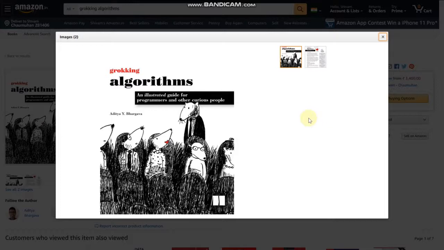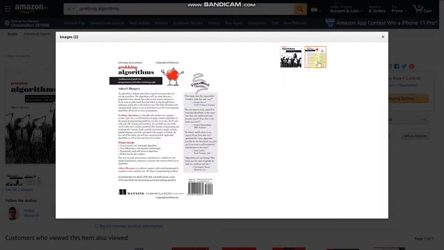So moving on to number 5, we have Grokking Algorithms by Aditya Bhargava. It's one of the best books I have read on algorithms, particularly from a beginner's point of view. It uses modern day examples, like how Facebook would store a username so that it can search it easily when you log in. These examples resonate better with beginners and help them grasp concepts like why an array is a better choice than a linked list for searching algorithms.